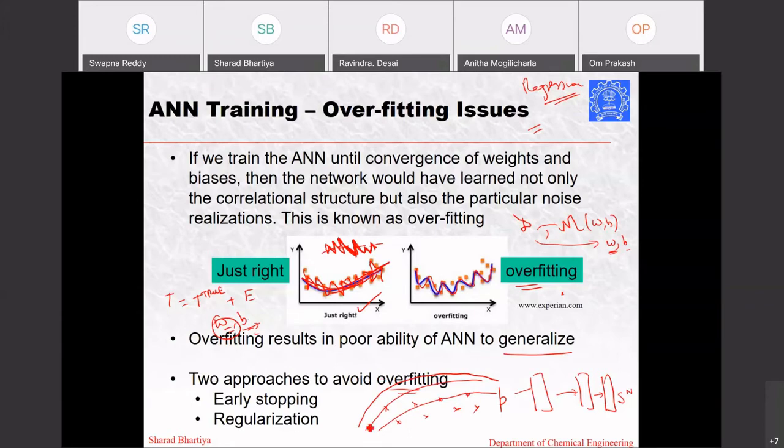So let's say after the first epoch, this is what it was. After the second epoch, it became this. After the third epoch, it was here. And as you keep on presenting it again and again, and it has this extra flexibility of parameters, it might start doing this. Then you know that, no, this is not what I wanted. I would have been happier with the third epoch. So one way to avoid this overfitting is early stopping. Stop presenting the data again and again by a method called